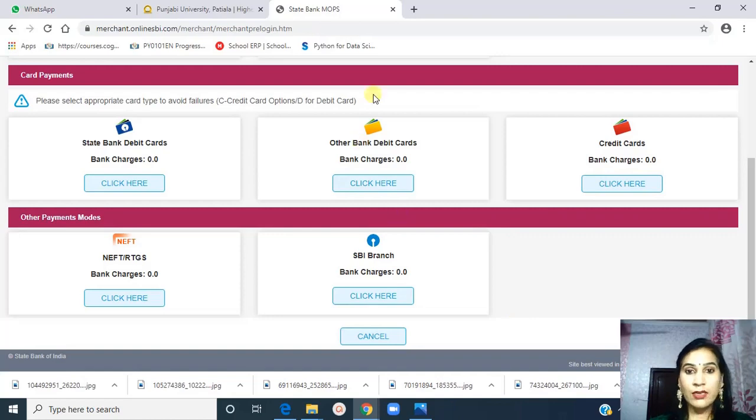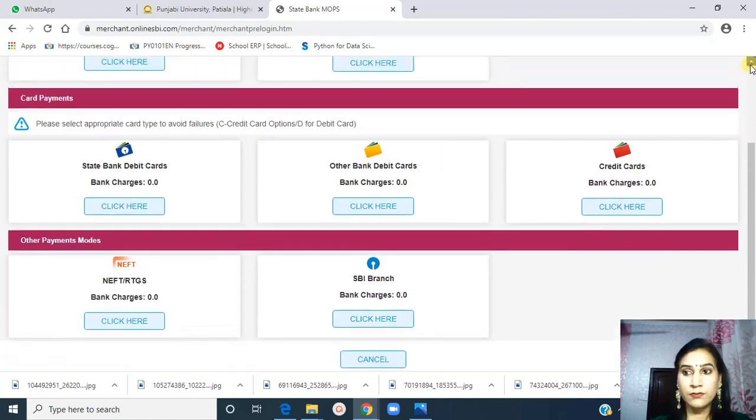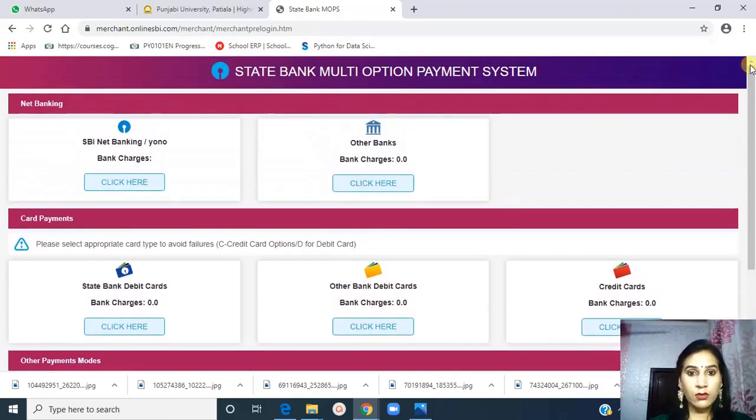So when you click any of the options, your amount is deducted and your form is to be filled. So these are the steps by which you fill your online form. Thank you.